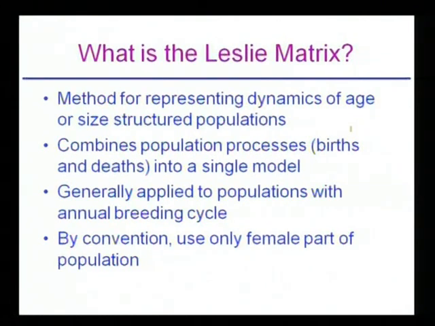You know, the government of Gujarat is very concerned about the declining number of the girl child. So how do we calculate how many girls will be there, let us say in 2020, let us say in 2030. The Leslie matrix gives a method for constructing such models and predicting what will be the future population.